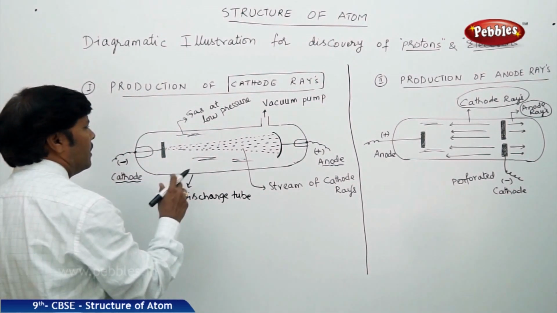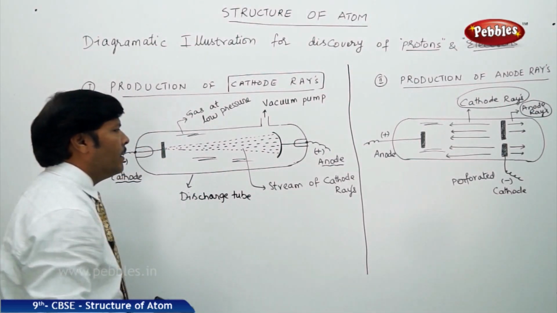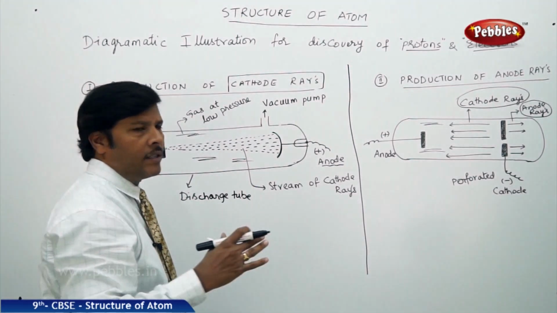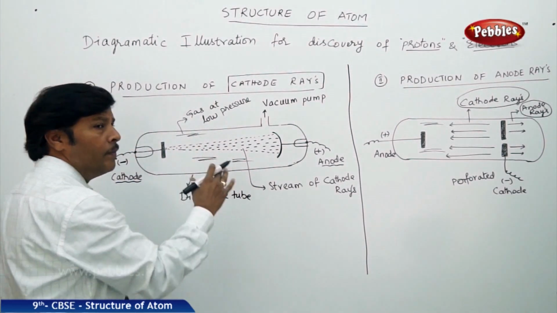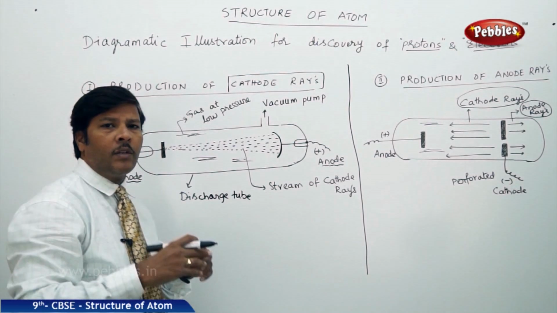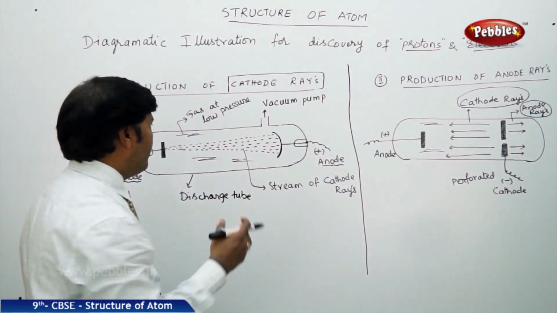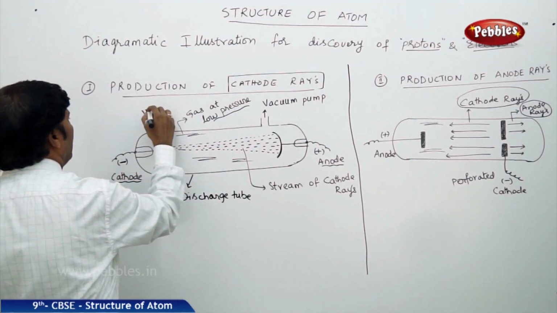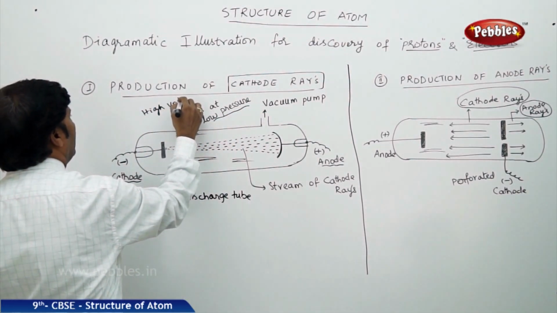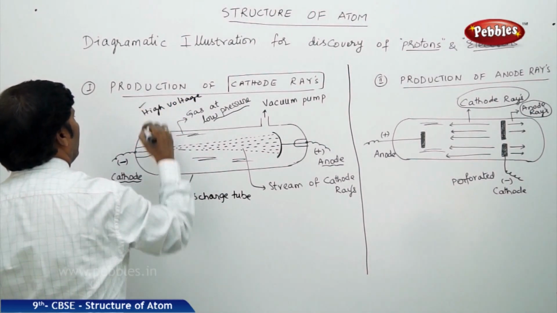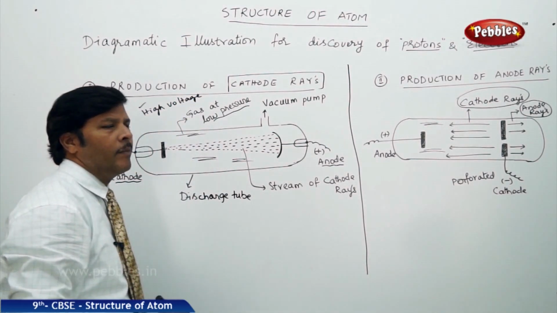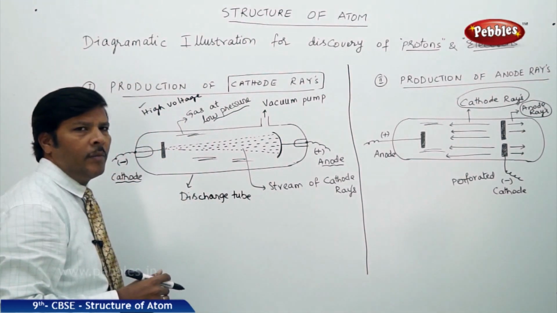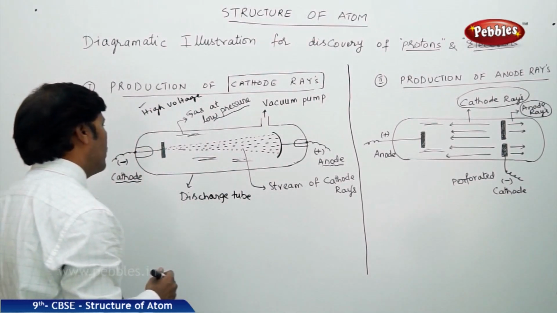Then once the current passes into the discharge tube, we fill a certain lighter gas inside the discharge tube, maintaining a low pressure, because if you increase the pressure the discharge tube may break. That's why we use gas at low pressure, but the voltage is high. The potential difference applied is very high, not less than 10,000 volts, but the pressure is only about 5 to 10 atmospheres, not more than that.